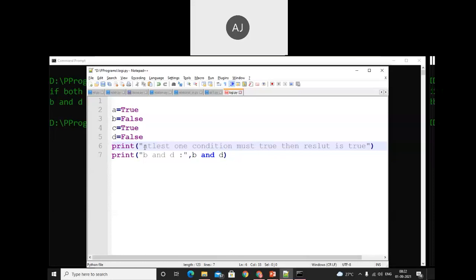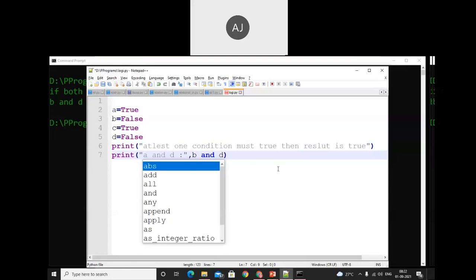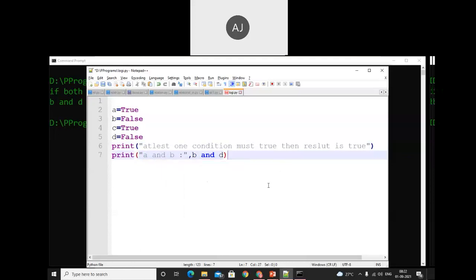Among that, at least one condition must be true. Let's talk about A and B. First of all, I'm trying to use A and B in that program. Now A is true and B is false. In those two conditions, the first is true. What I am saying is, at least one condition must be true. So here A is true, that means we have one true value.